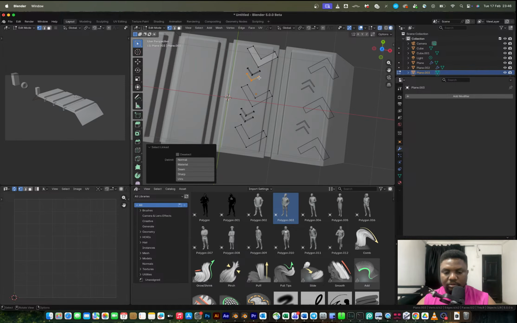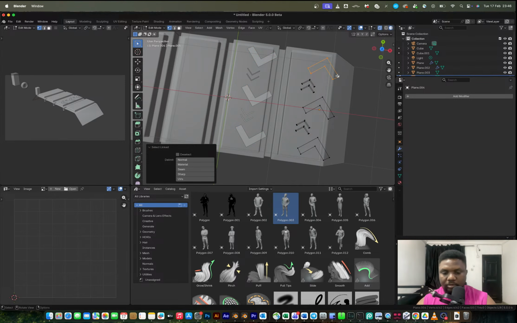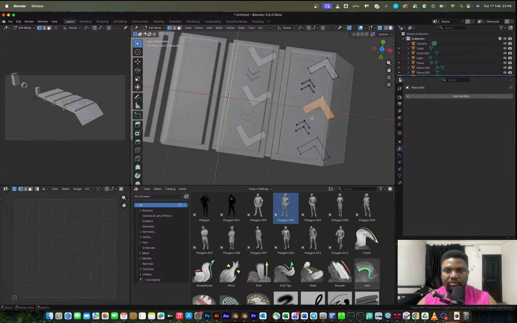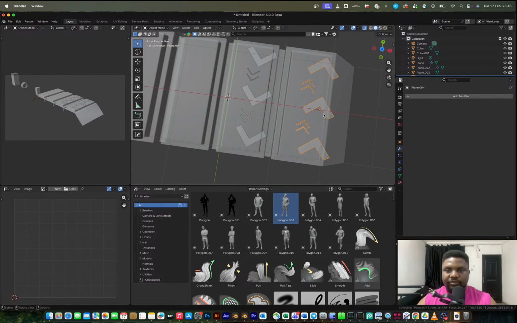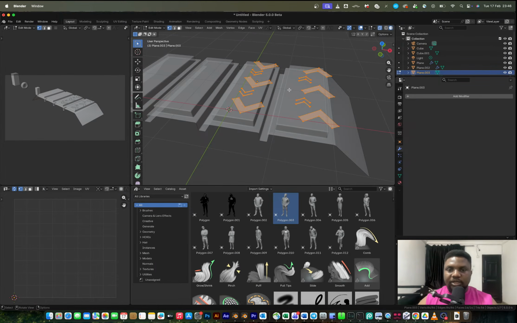Fill, fill, fill, fill, fill, fill, fill, fill. So I can select both, join, and then